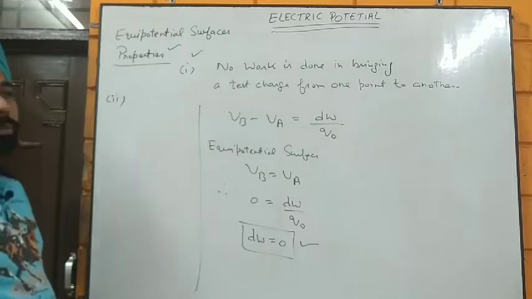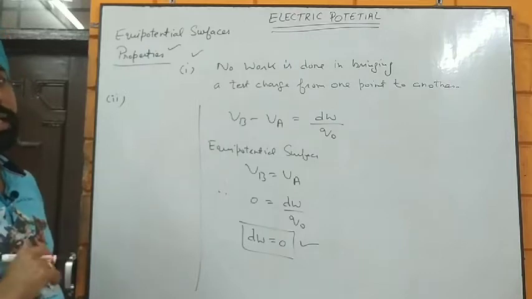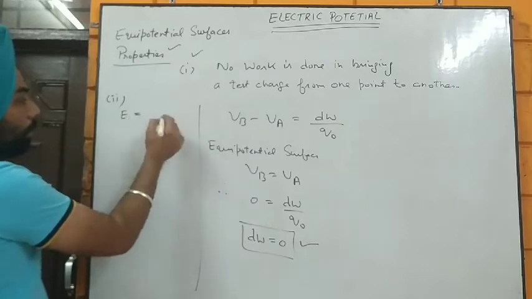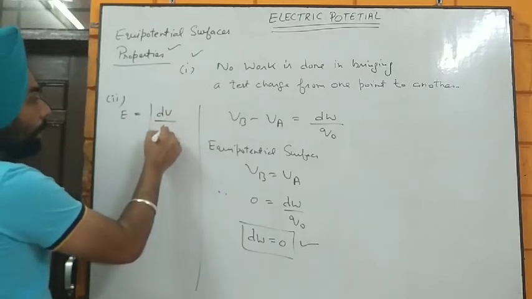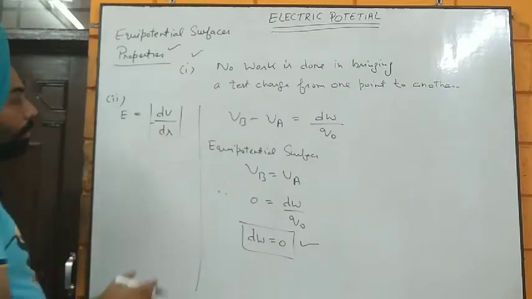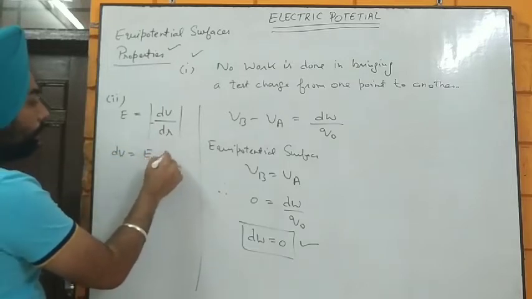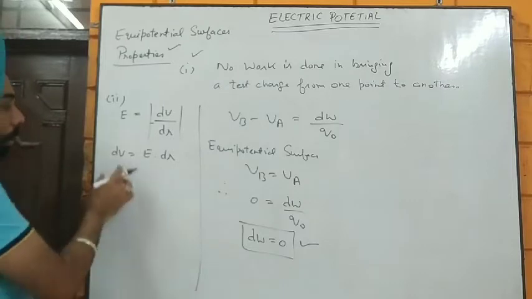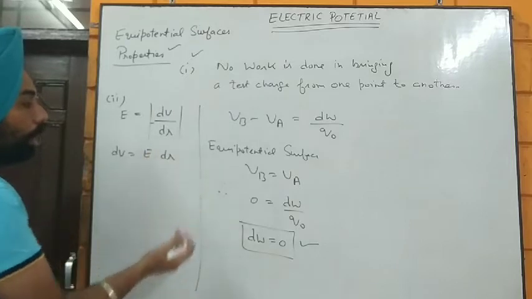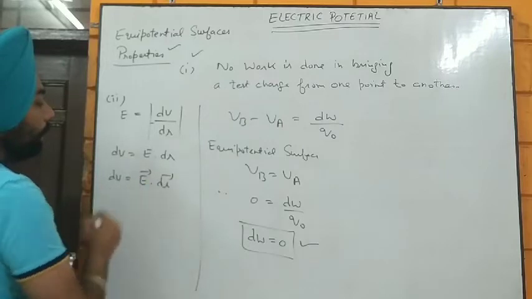The distance element is always going to be at right angle. So according to potential gradient, which we have already done, we are taking just the modulus of that, that is dV upon dr, because we are not going to take the negative symbol here. So the potential is going to be E into dr. Now, because potential is a scalar quantity, but electric field and displacement are both vector quantities, we can also take it as E dot dr vector.